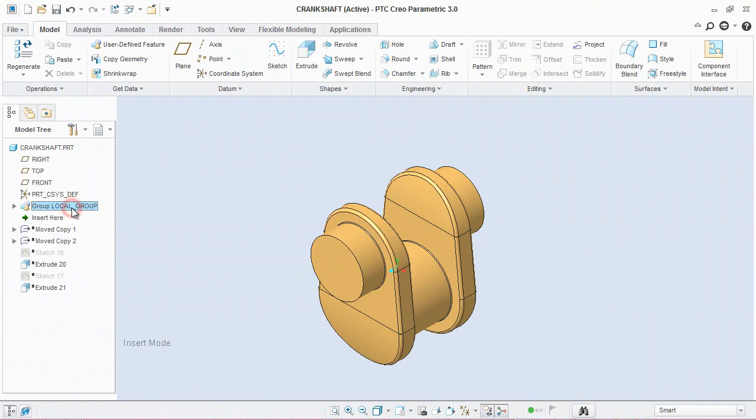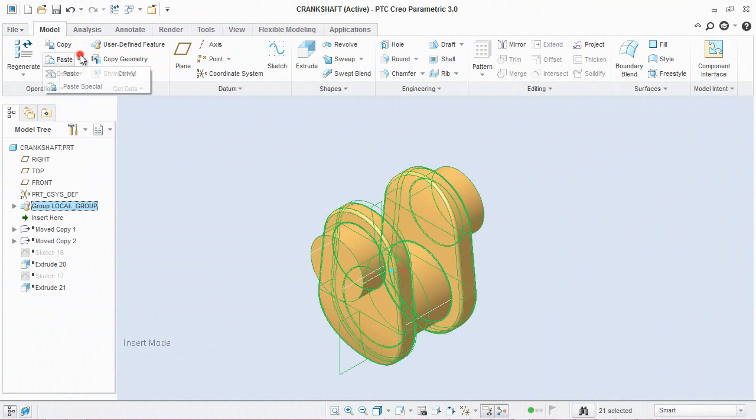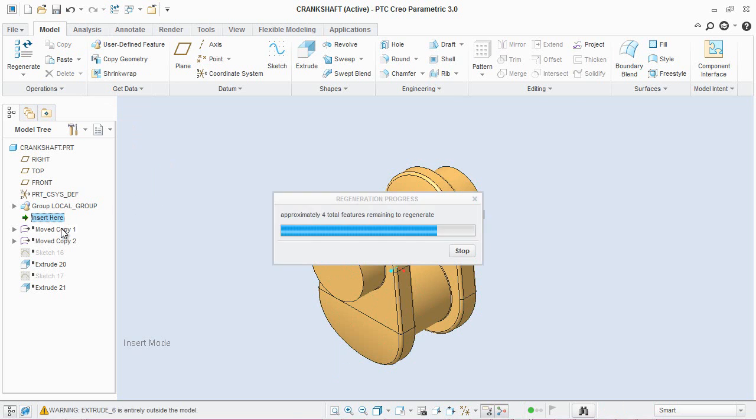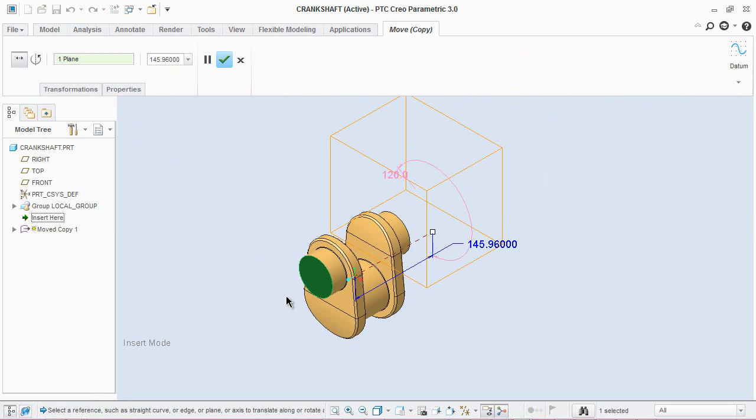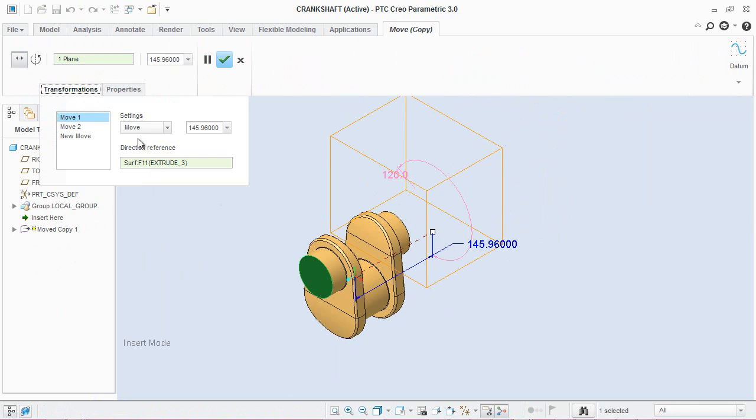In this tutorial, we will learn the application of Paste Special tool of Creo Parametric while copying features or a group of features. By using this utility, we can apply move and rotate to the resulting copied feature.